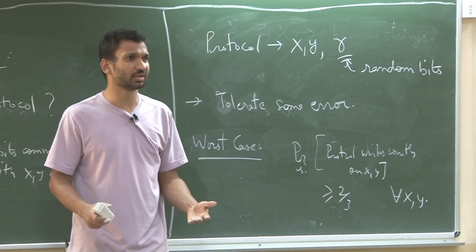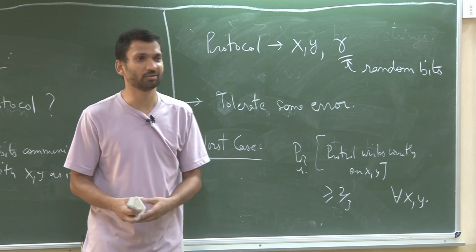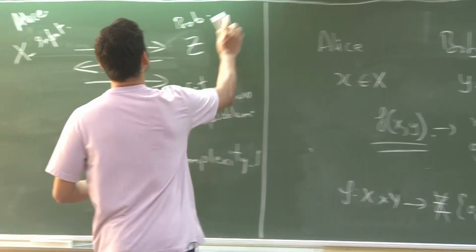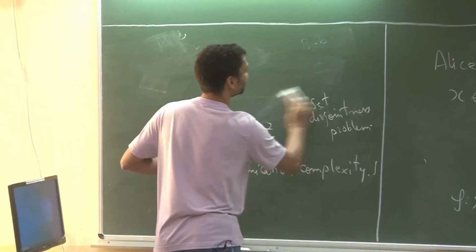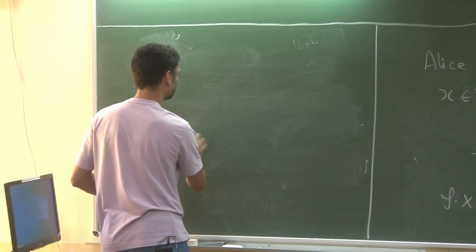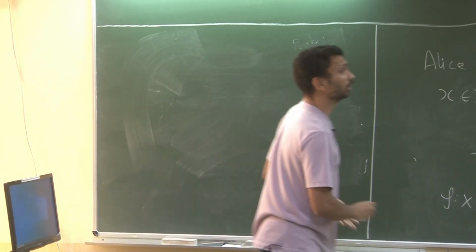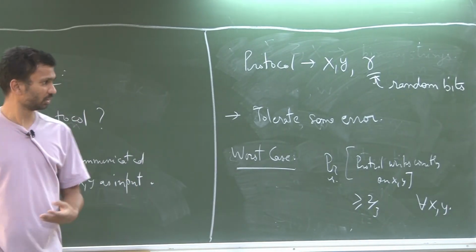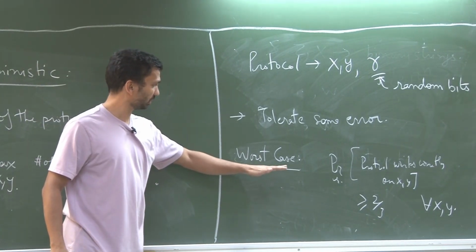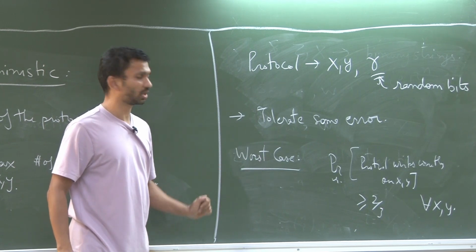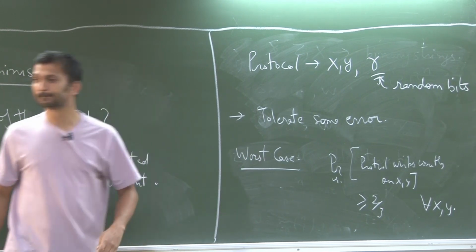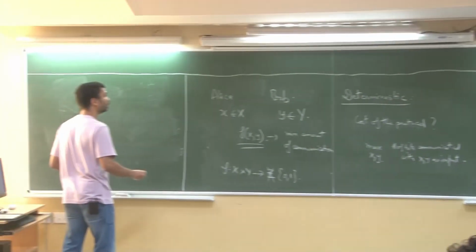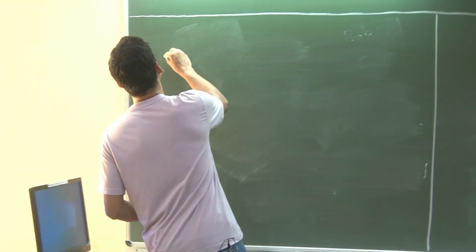Okay, and more than half is clear, right? Because I can always succeed with probability half. My answer is 0 and 1. I just toss a coin and answer. Okay, good. This is the worst case communication error, or error in a communication protocol, right? And a very weak version